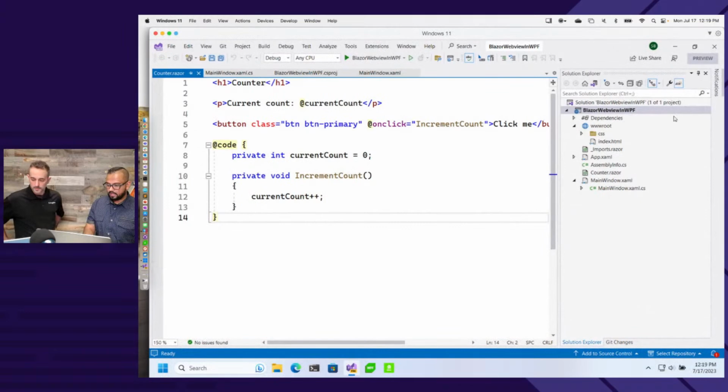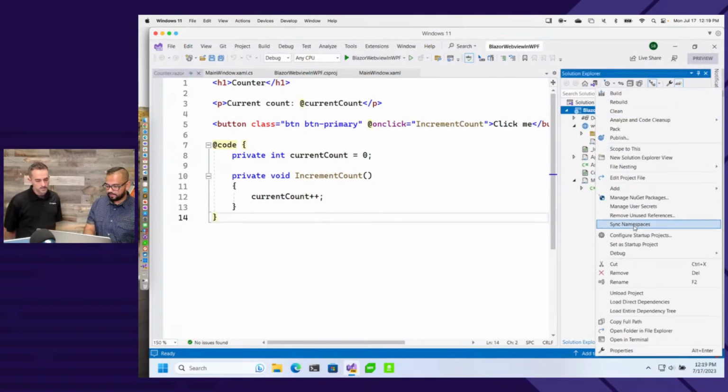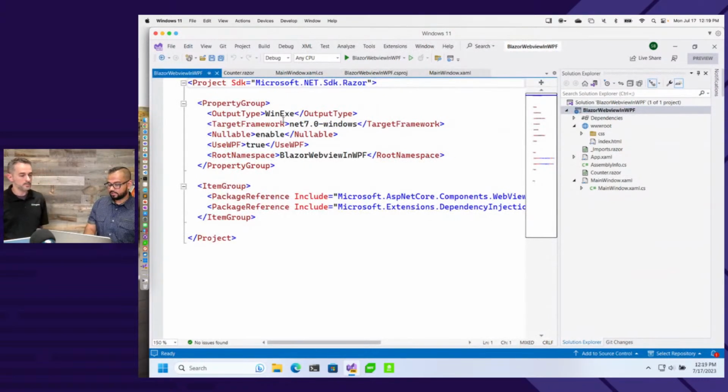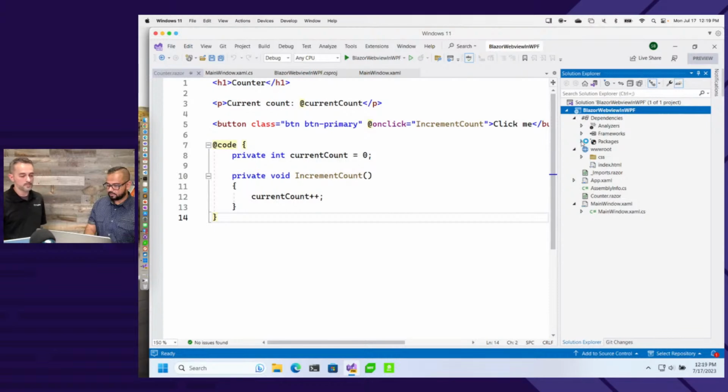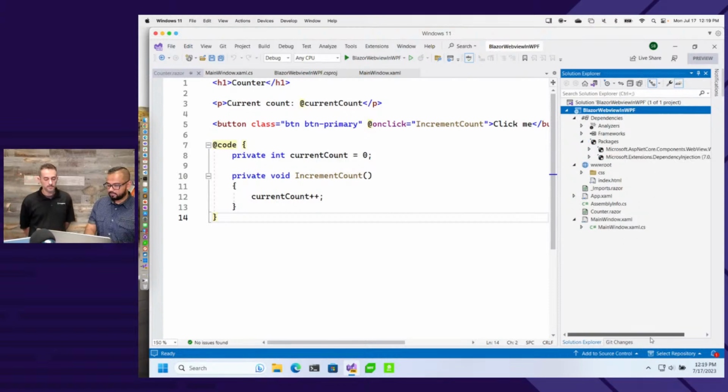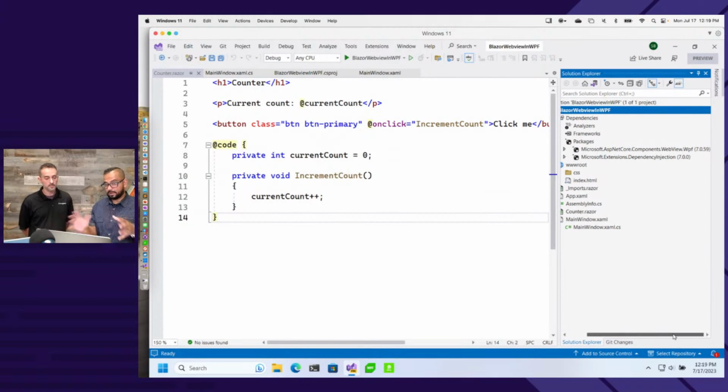Absolutely. So I have a WPF app here, and if I show you the project file, you can see that this one's running on .NET 7. So it's a WPF app, but it's been modernized to run on .NET 7. And with that, I get access to some things. If I look into my dependencies here, .NET Maui and the Blazor Hybrid story is great, but it kind of needs you to start a .NET Maui project from scratch, which is not very realistic. If you have a really big desktop application, you have to take bite-sized pieces of migrating it.